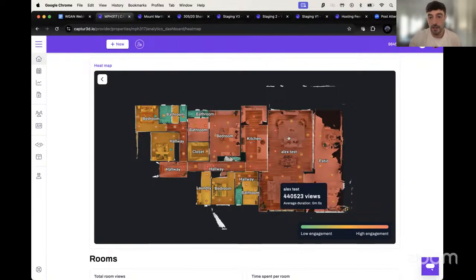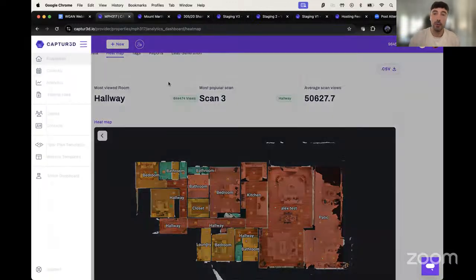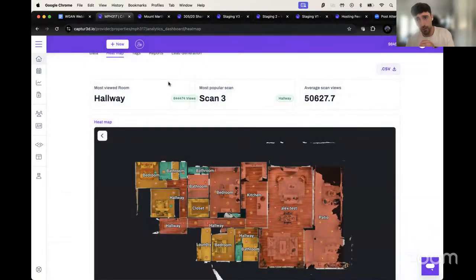And so, yeah, all of these different rooms or areas broken down into views. With low engagement, we have green color, and then the higher engagement goes from orange all the way up to red for the most viewed areas. So obviously this tour, very popular. We've got some extremely high view counts here, 428,000 views in the main bedroom, and so on and so forth. So it just gives a good breakdown into how the tour is being interacted with in terms of different rooms and spaces. Up here we have a general overview of information.